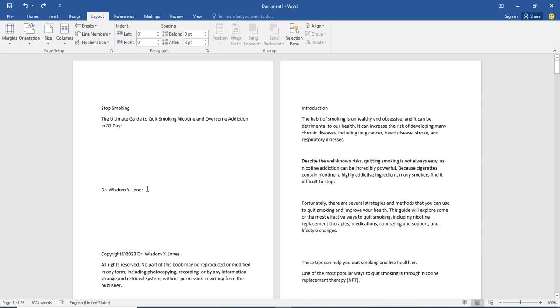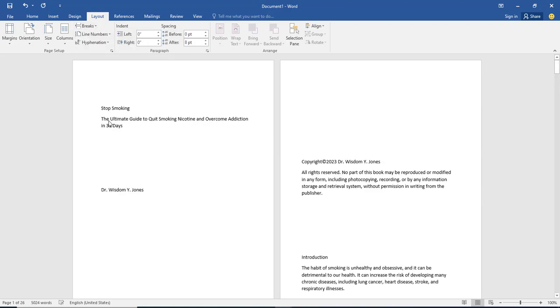This is my cursor now at the back of this author's name. Click on break and click on next break. It means that I've moved everything that I have, along with the main title, to the left hand side here. What I have here for introduction, I told you that your